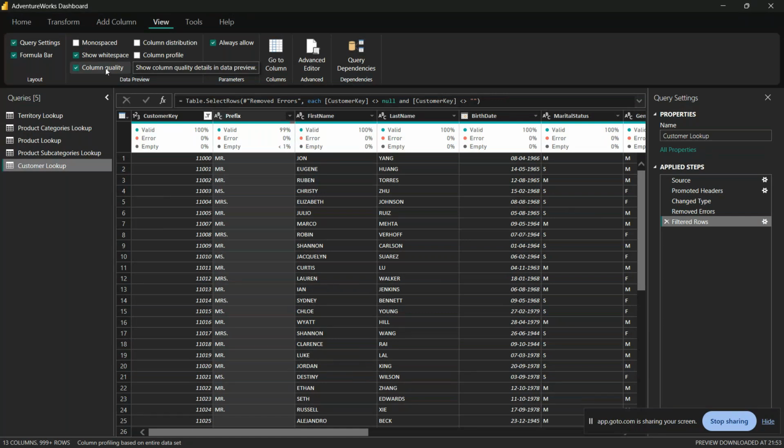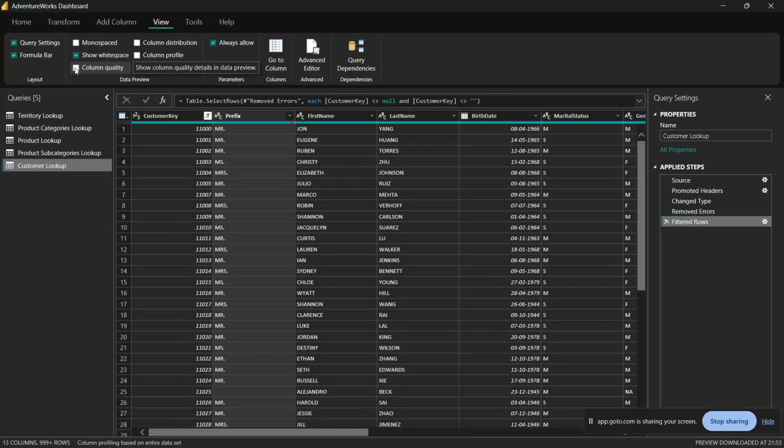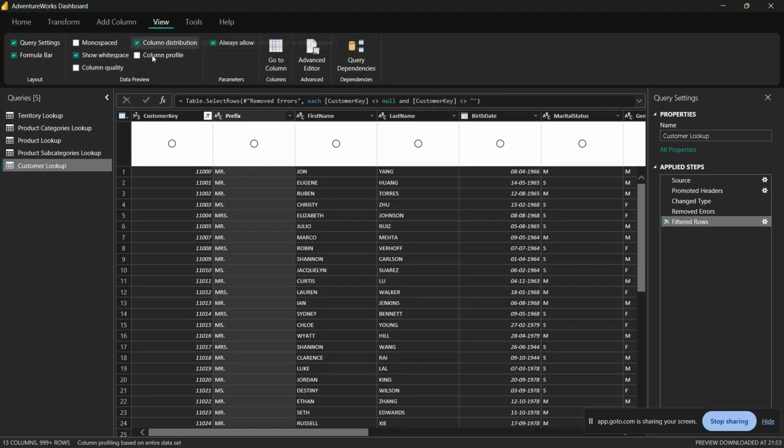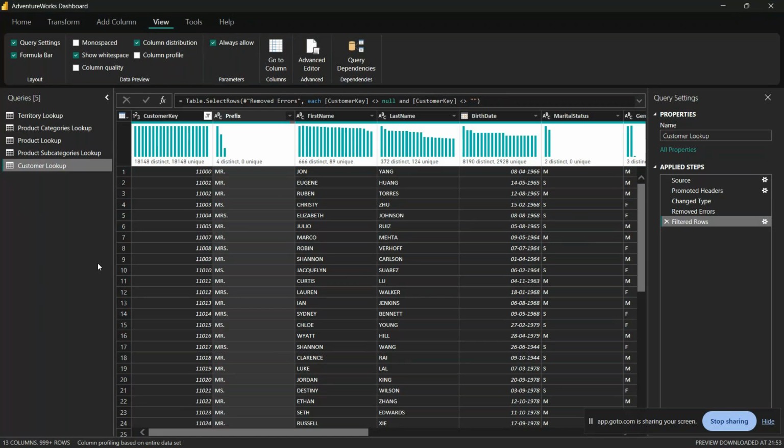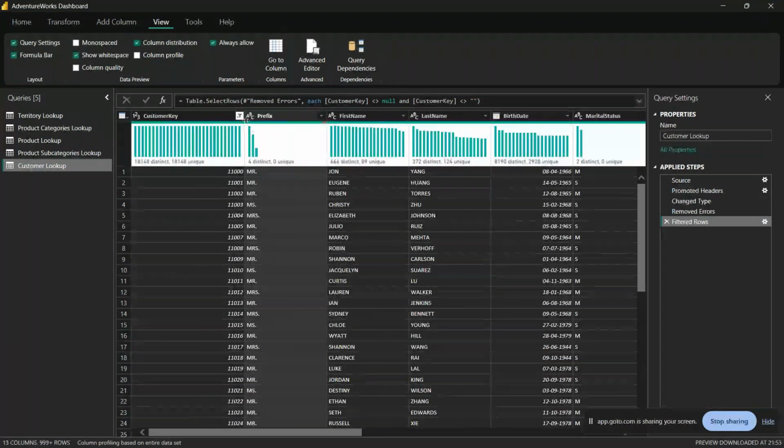So the column quality is the first feature that you saw. Let's move on to the second feature called column distribution. So I'll just quickly uncheck this. I don't want this anymore for now. I'll go to the second feature called column distribution. If I click on it, Power BI is doing some calculation. And as you can see, it is giving some numbers and some value distribution,